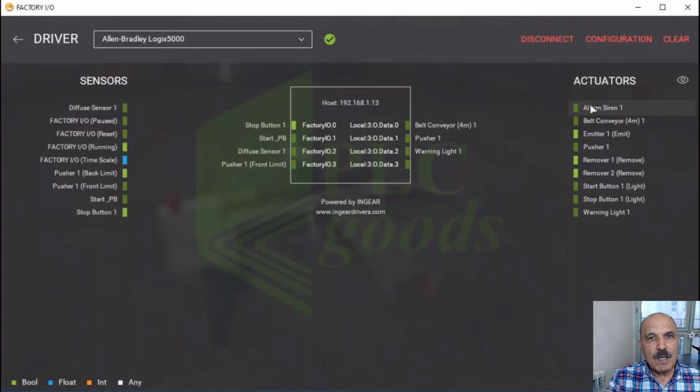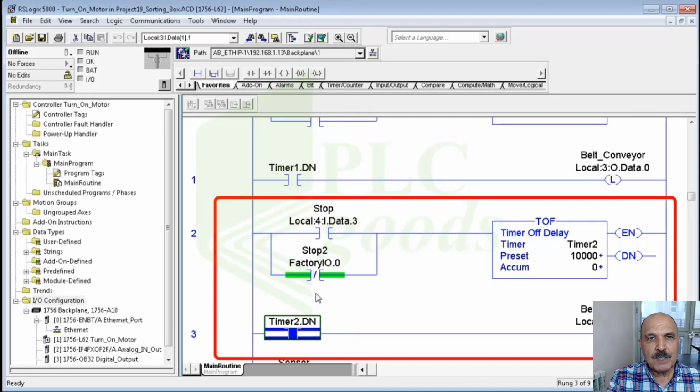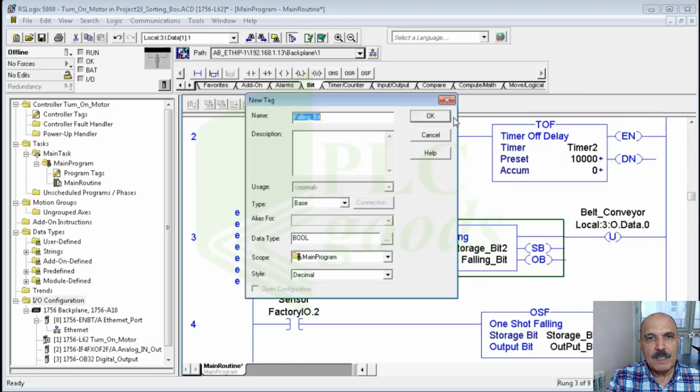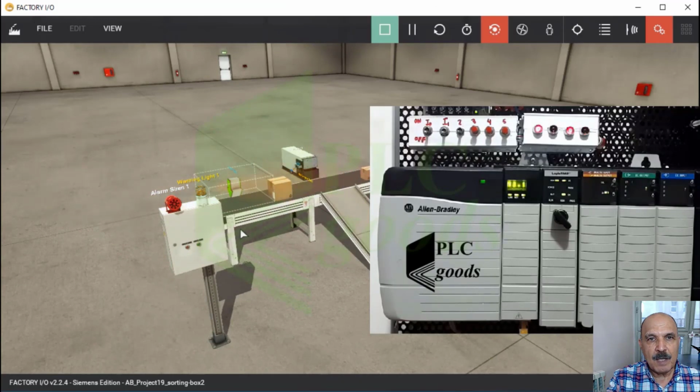We also resolved a bug in the program using the one-shot falling instruction to delay the stoppage correctly. This video provides valuable insights into timer instructions, their application in PLC programming, and how they improve a